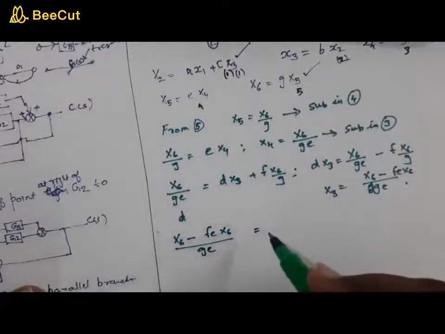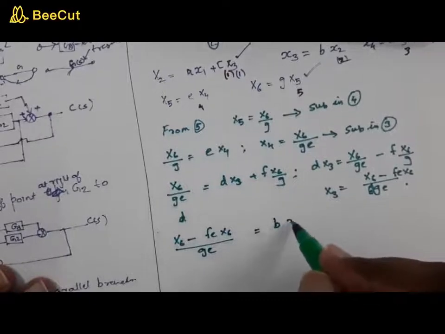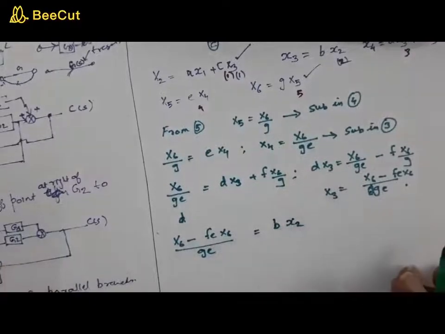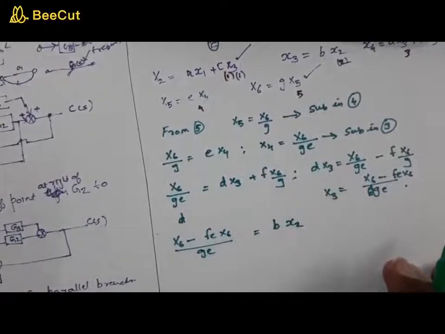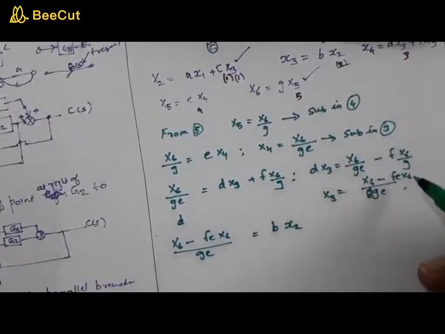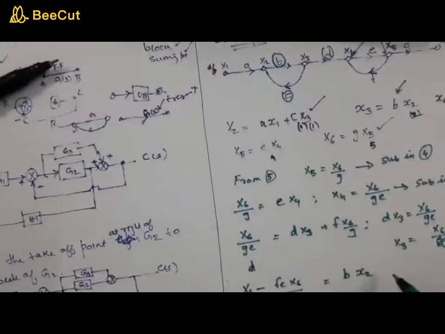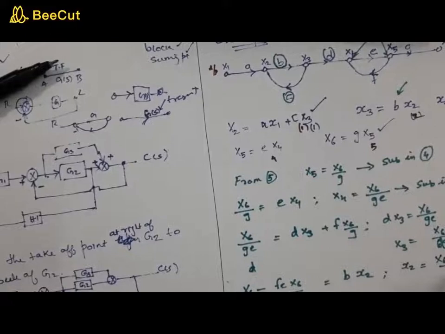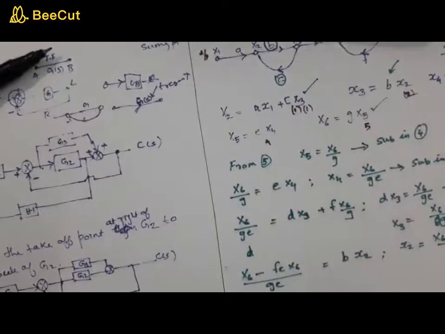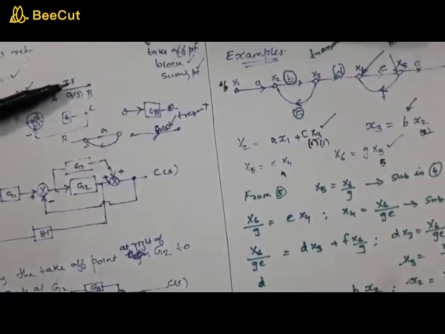ge is equal to b times x2, right? Now similarly you can do the substitution in x3 as well. This x2, from this you can evaluate x2. What is x2 here? x2 is equal to x6 minus fe into x6 divided by ge into b, right? This b comes over here. So you got x3 and x2. Now what about substituting in